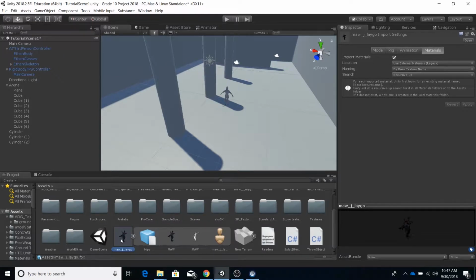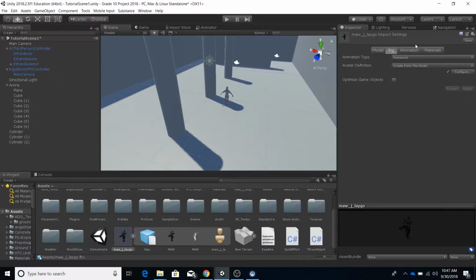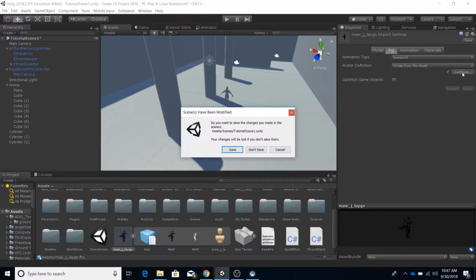Having brought that character in, again, I'm just doing a little quick review here. So the model, there are things in there that we don't necessarily need, like cameras and lights. There won't be any in that download, so you can leave that chunk. The rig, this is important. It needs to be changed to a humanoid rig. You need to say configure. When you hit configure,